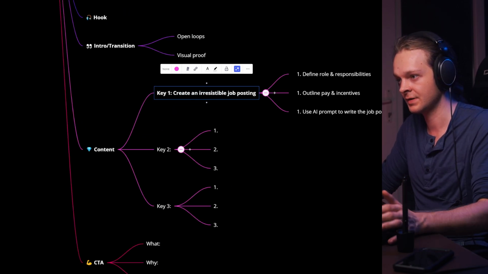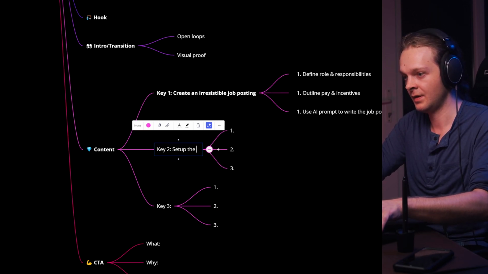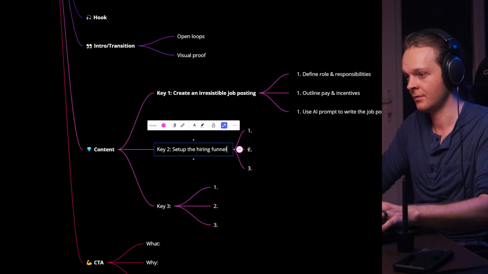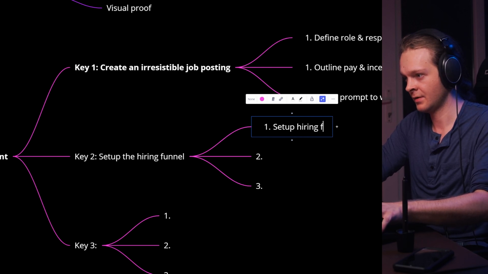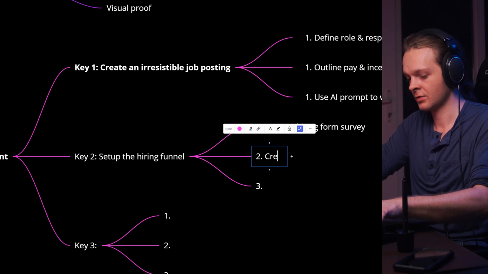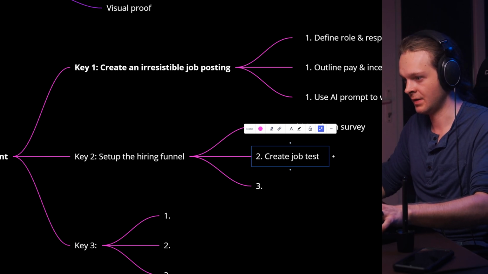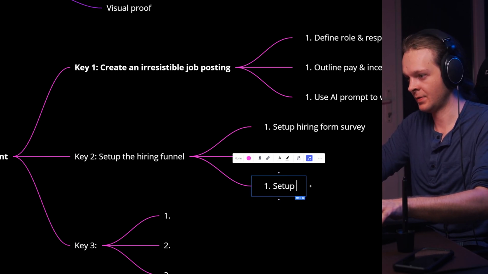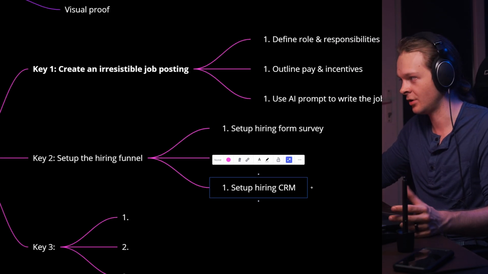We create the irresistible job posting. Step 2 is we want to set up the hiring funnel. And then for that, we want to set up a hiring form, survey. We want to create a job test, and then we want to set up a hiring CRM, the database, the ClickUp system where all of the applicants are going to funnel in, and basically all the questions are going to be there